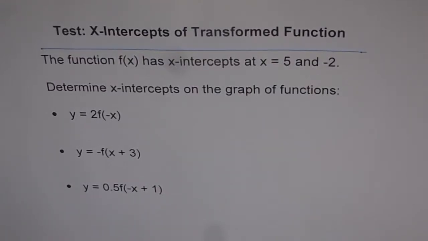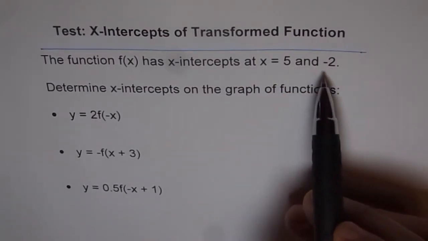This is a practice test problem on x-intercepts of transformed functions. The function f(x) has x-intercepts at x equals 5 and minus 2. Determine the x-intercepts on the graph of the function. So we're given three functions here, and you have to write how these intercepts are going to change on